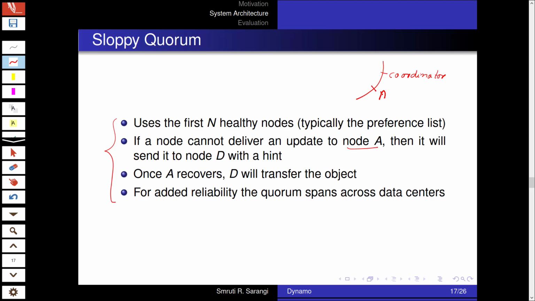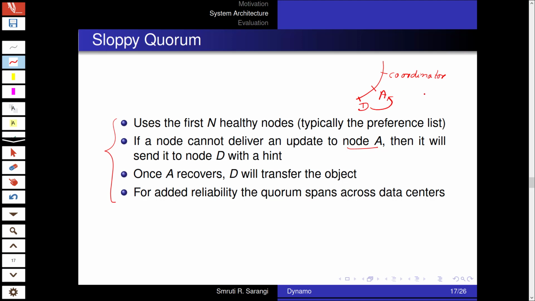It wants to send an update to node A, but it cannot deliver it. So in this case, it actually delivers the update to another node D, and it drops a hint to D that once A recovers, D will transfer the update to A.